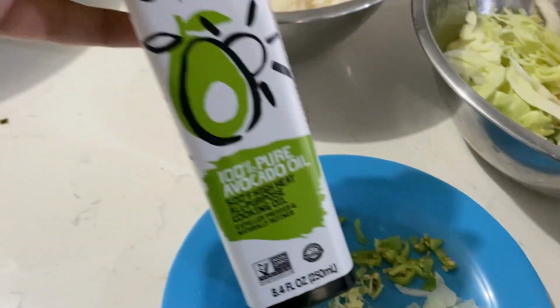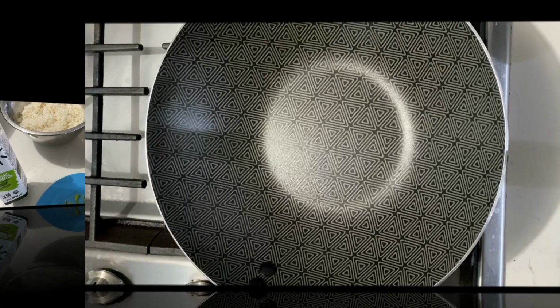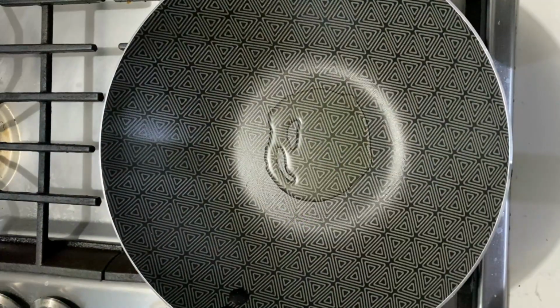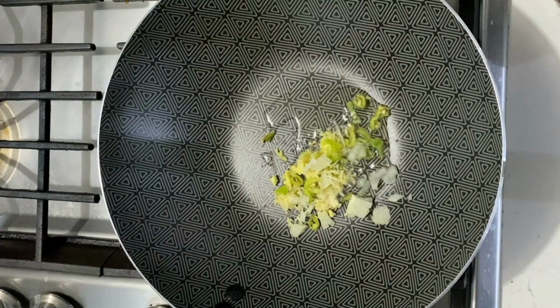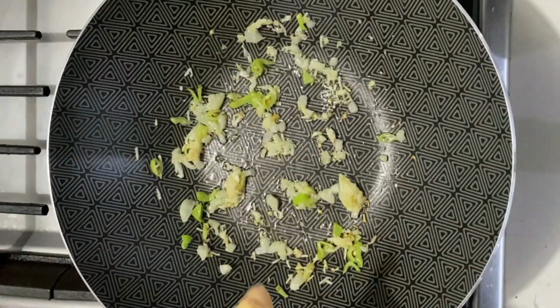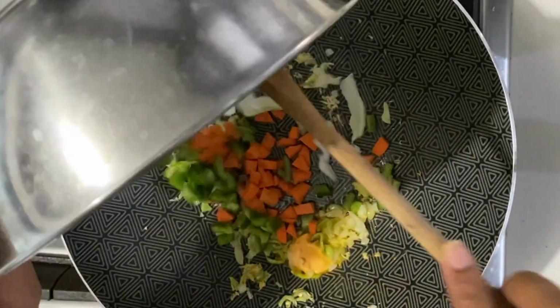And of course I'm going to be cooking with avocado oil today. So into my wok, I'm adding some of the avocado oil. Then once that is nice and hot, we're going to be sauteing our garlic, onions, ginger and pimentos. Next I'm going to be adding a piece of that golden ray butter, followed by the vegetables, and I'm going